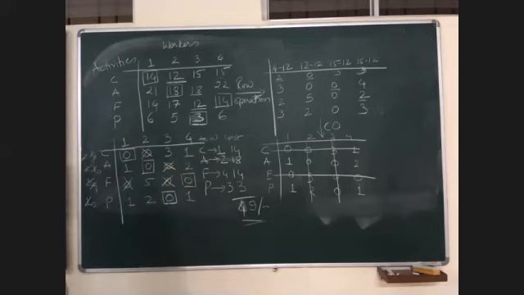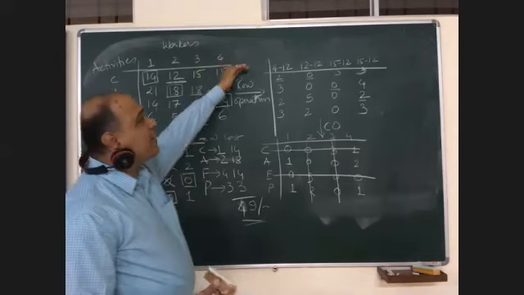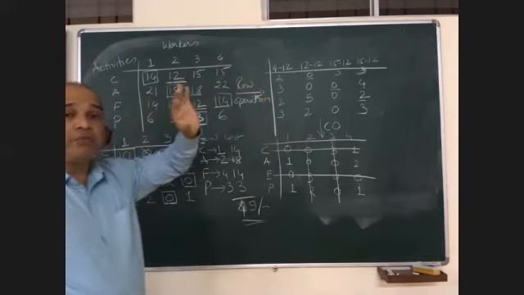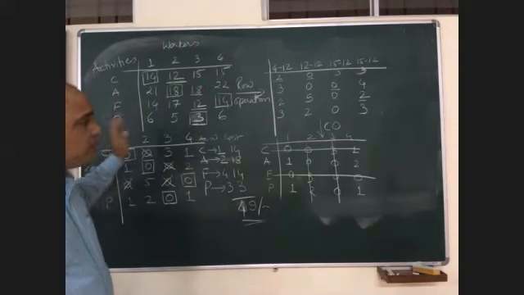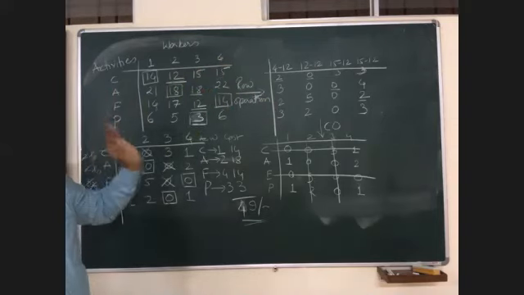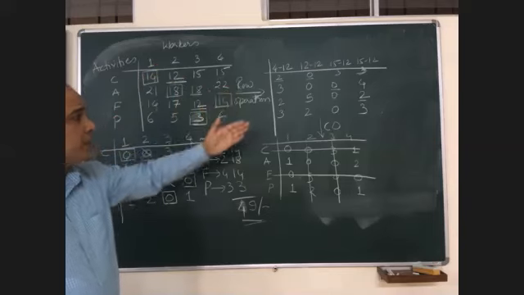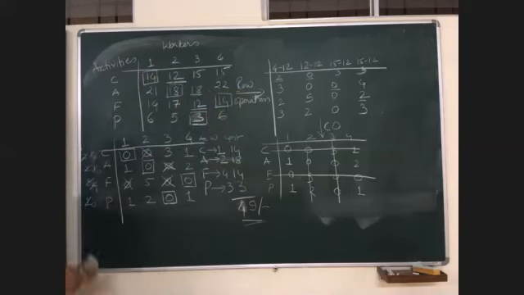I hope this is clear. Now after every step you need to write 1 line what you are doing. So explain what you are doing. While solving this problem, always write 1 line what you are doing in that particular step. I hope this is clear. Shall I rub this?